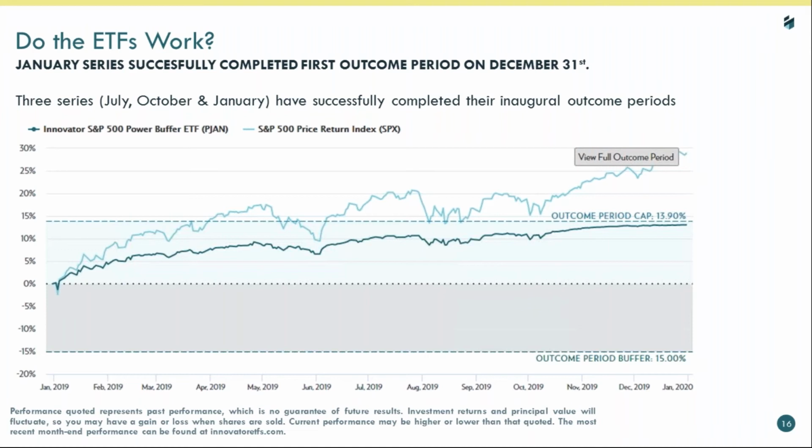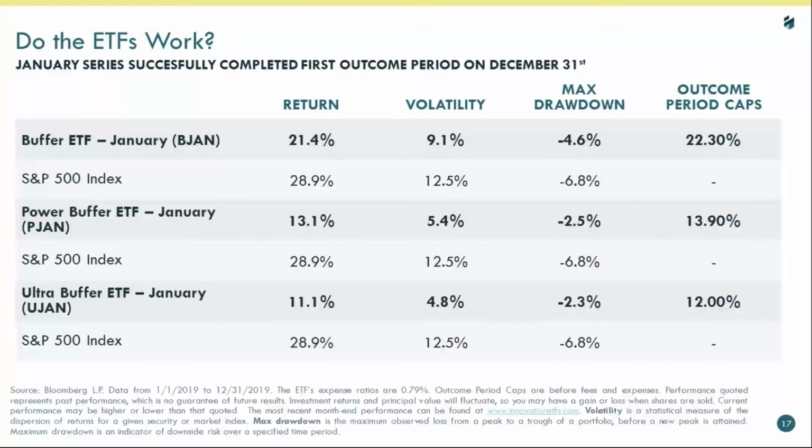So if we go one page further, we'll see the actual numerical breakdown of performance. On the first line, you have BJAN, which is our 9% buffer product. It had a return of 21.4% compared to the S&P 500 index of 28.9%. However, you achieve that with significantly less volatility and lower drawdowns over that time period. And if you look at the far right, it had a stated outcome cap of 22.3%. The difference there is reflective of the fact that there are fund fees, and those are your